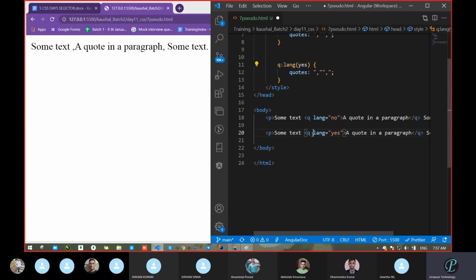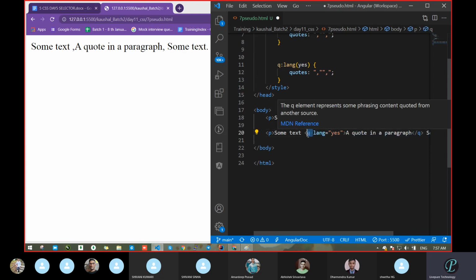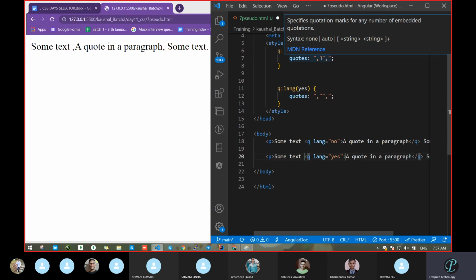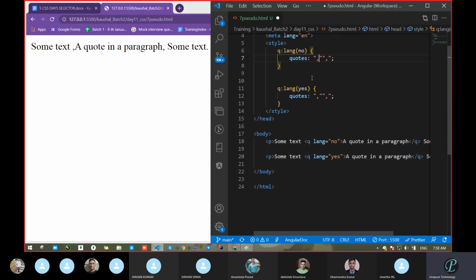So what is it going to do? This q will pass your text as a double quote. But what I passed now, previously it was tilt. Now I passed another property, that this will be like greater than and less than.